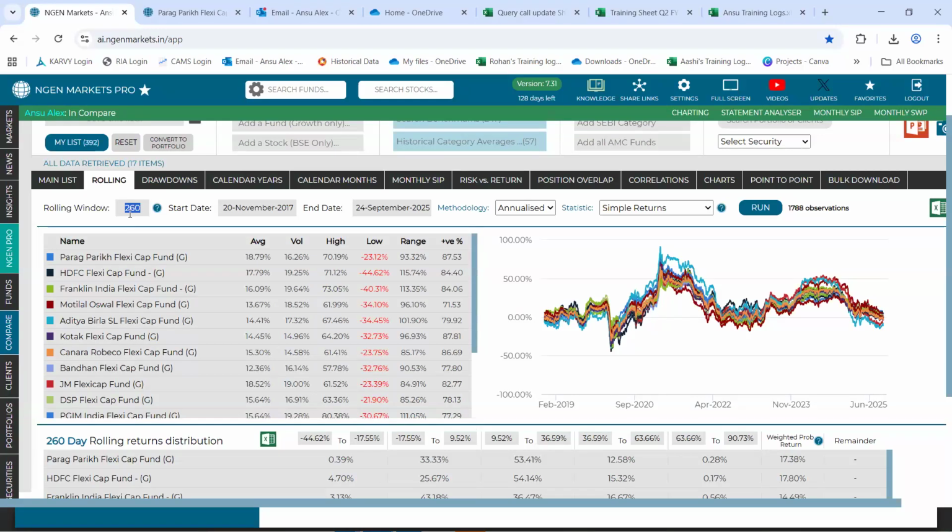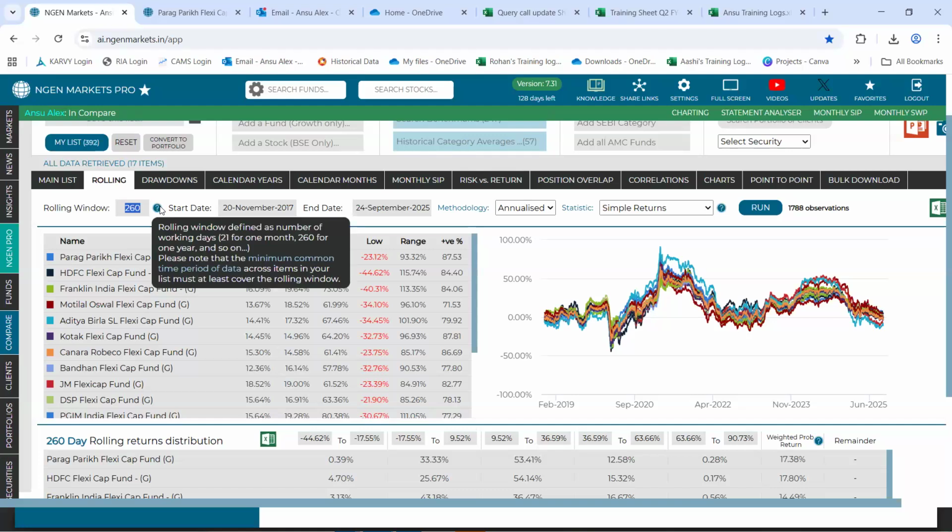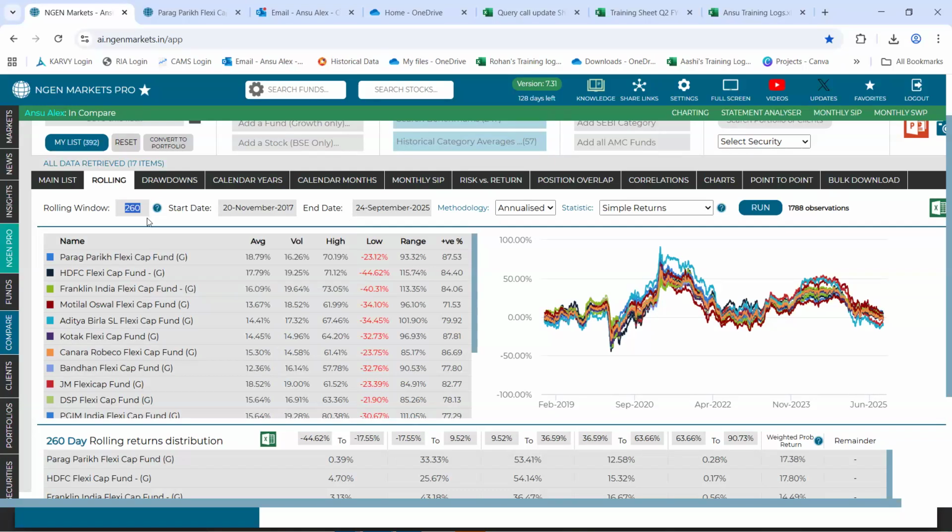Next to that, you can see 260. You can hover on the question mark and get an explanation of why we consider 260. We consider only the working days, only the trading days, and hence 1 year is equivalent to 260 working days. That is what we have considered for this rolling window parameter.